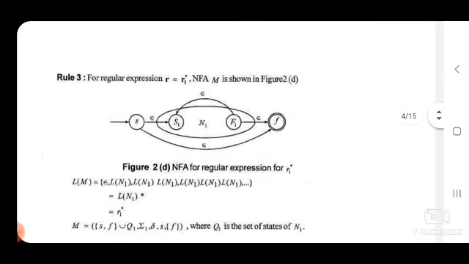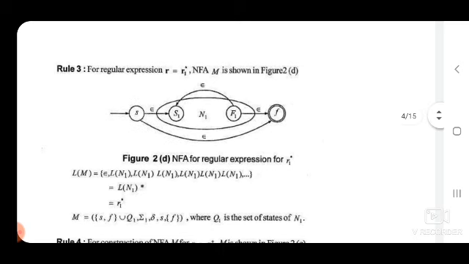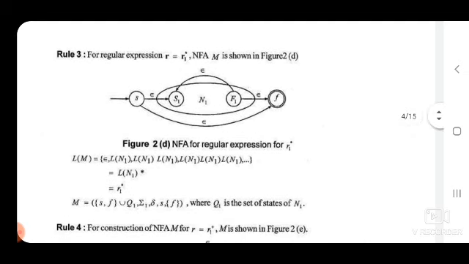And the last case, we have covered R1 plus R2, R1 dot R2, and finally R1 asterisk. Let R be a regular expression, then R asterisk is also a regular expression according to the definition of a regular expression. Then how to represent R asterisk? The language generated by R asterisk includes null, R1, R1 R1, R1 R1 R1, so that we can take R1 any number of times.